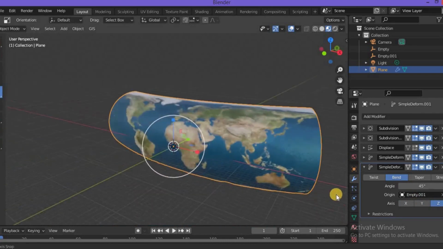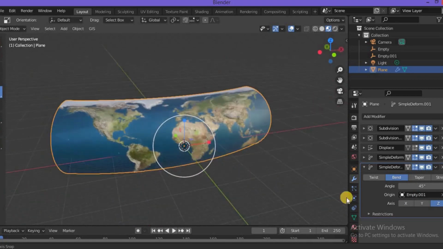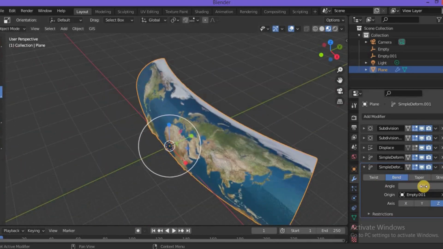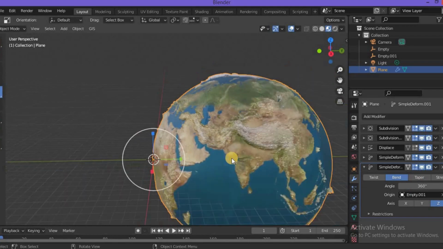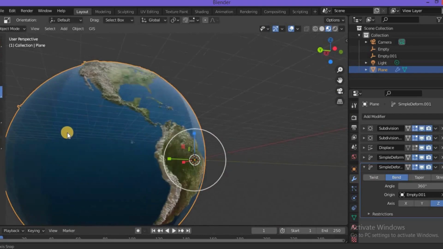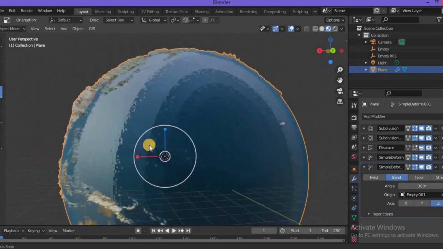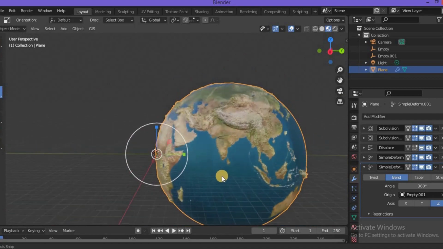Now we are talking business. We can see the curve. We can see what we are doing here. So let's make this angle as 360 so that we can get a complete globe. Hit the enter button and we are good to go. Yeah, this is a nice map that we have generated, with detailed terrains.